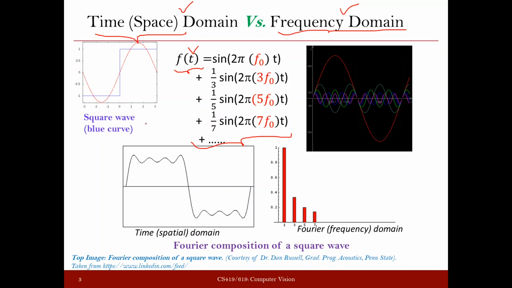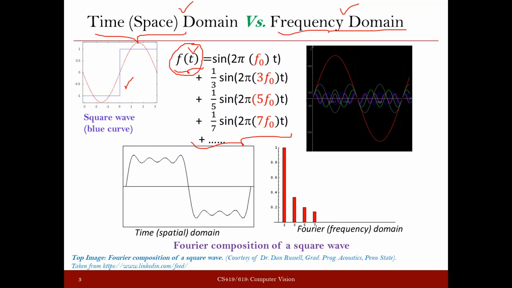Okay. In this particular example, we have a square wave. We want to represent this in terms of frequencies. So when we get its equivalent representation in terms of frequencies or in terms of sine waves or cosine waves, we get this representation. We say that f(t) is equal to sin(2π f0 t) plus 1/3 sin(2π 3f0 t) plus 1/5 sin(2π 5f0 t), and so on. Okay. So if you have to tell the equivalent representation of f(t) in frequency domain, we just need to tell what are the frequencies that we are using on the right side.